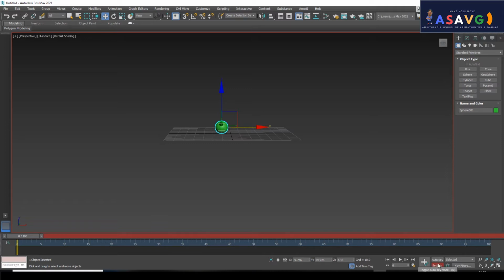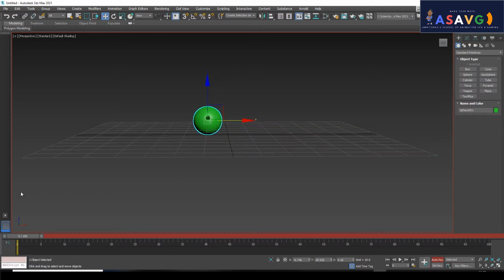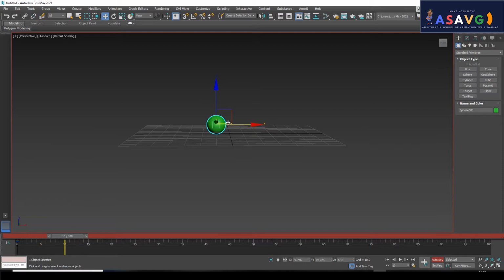So what is the difference between set key and auto key? If we click auto key over here, you can see the change. I have to give the first frame, press S, that's all. Then we can move, and the keys will be created automatically. Understand, this is the difference between auto key and set key. For studying purposes, use just set key for the beginning. When you are improving, you can use auto key. But I will use only auto key because it is very comfortable. So you can use both.